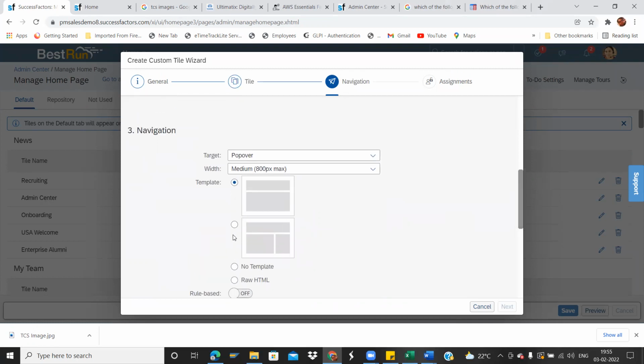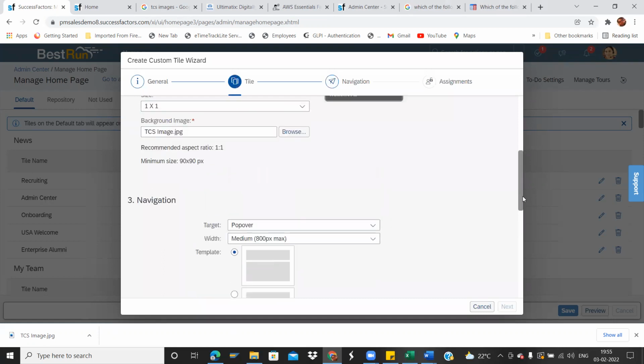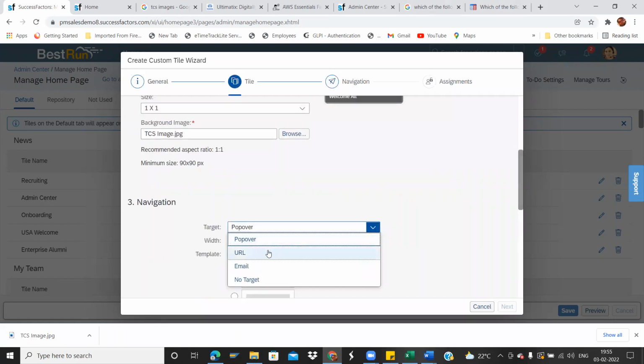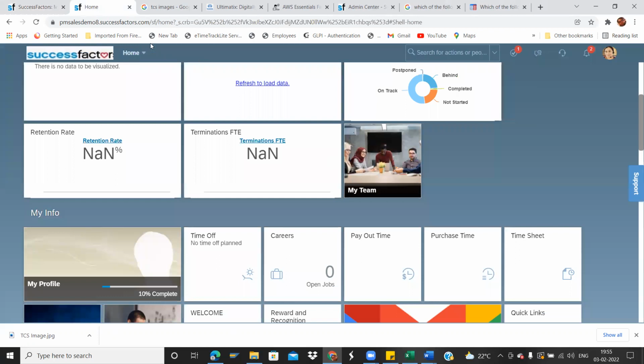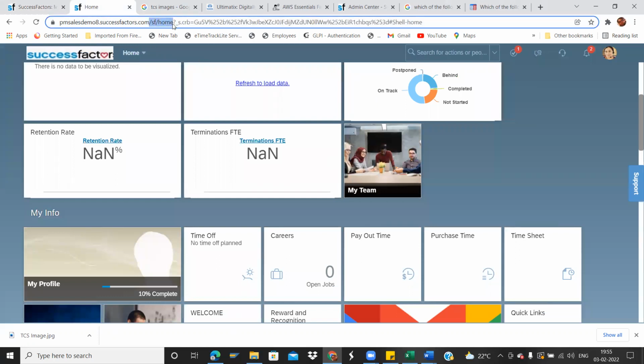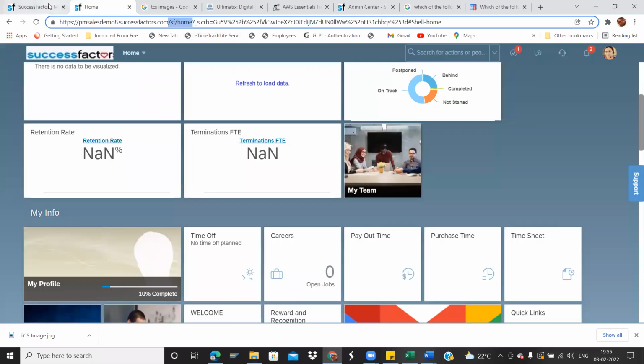So this is just a layout template, how it is to be applied. You can select this or this. This is just a layout, and popover is nothing but here you can mention a URL. If you click that image and it opens the URL, if you want to open that URL in a new tab, then that URL I have shown you, right? If you want my profile to be opened, then you have to go to my profile and select. If you want home to be opened, I will select this SF home and mention it over here. Whatever /SF is mentioned, you can go there.